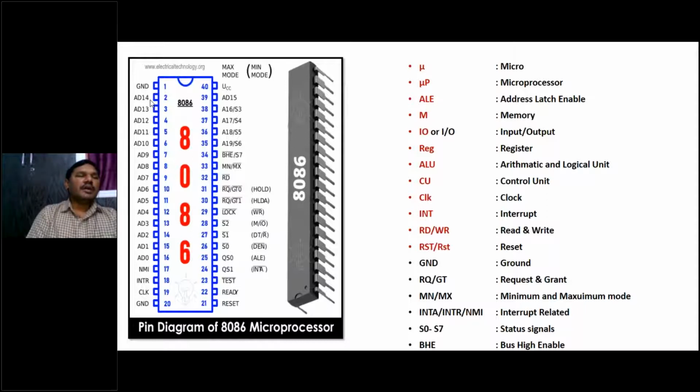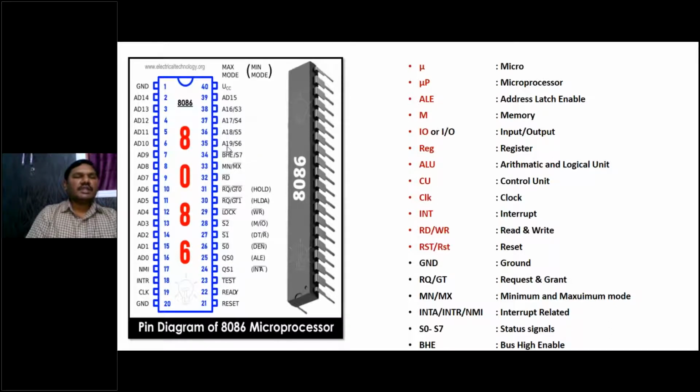Here we are combining address and data lines as AD0 to AD15. This concept I'll explain later. Why? Because whenever you are fetching some data through the address, data pins are not required, I need only address lines. After reaching the address, only then can I fetch the data, and then address lines are not required. So to reduce the number of pins, they are merging the address and data lines in the form of AD0 to AD15.